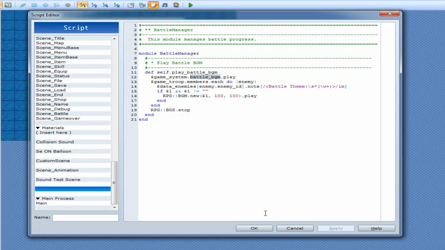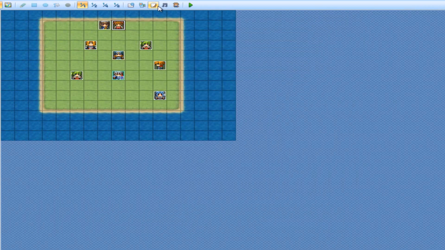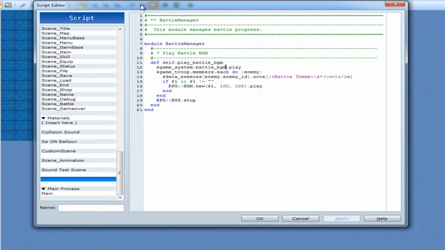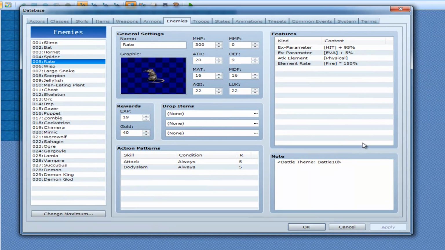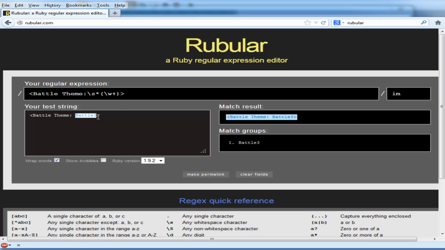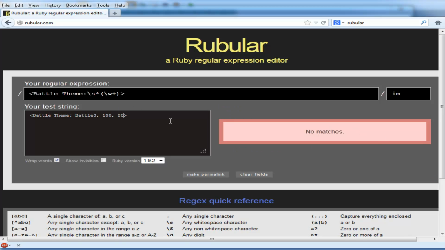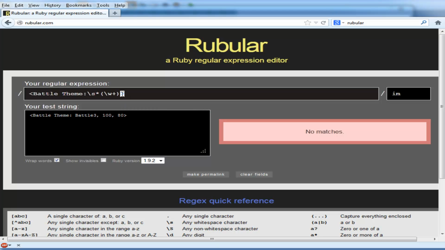Okay, now, there is one more thing I want to do before I end this tutorial, and that is to go back into here, and I'm going to have values, so I can change the actual volume and the pitch, but I don't have to have them. Alright, so the pitch is going to be 80. So I'm going to copy this now and go back into my Rubular, and paste it here. Alright, no matches because obviously we haven't hit that part, so if I get rid of that, it captures